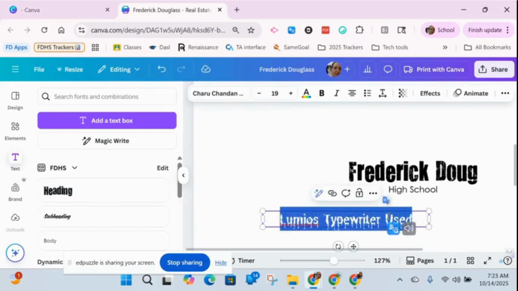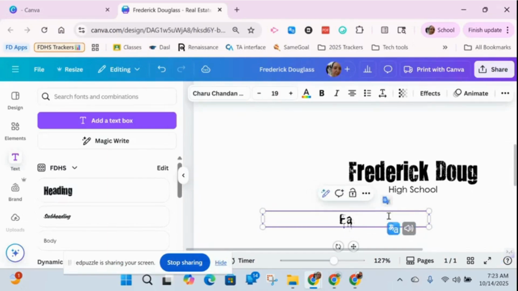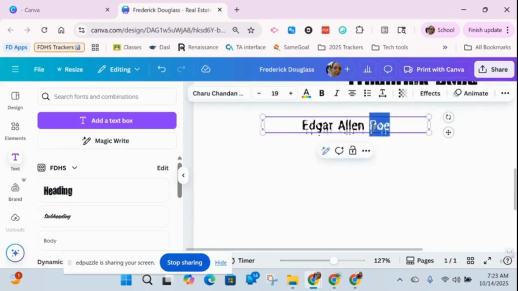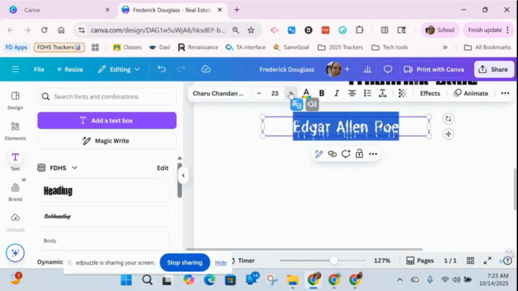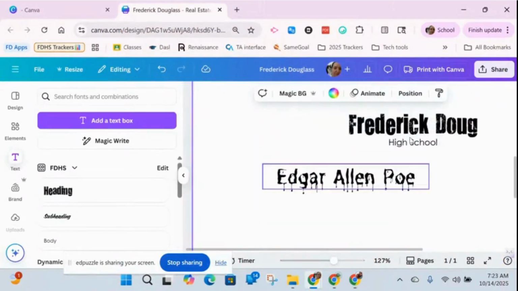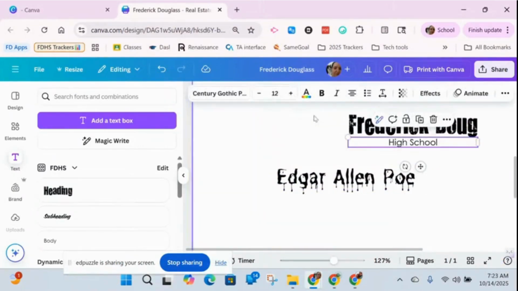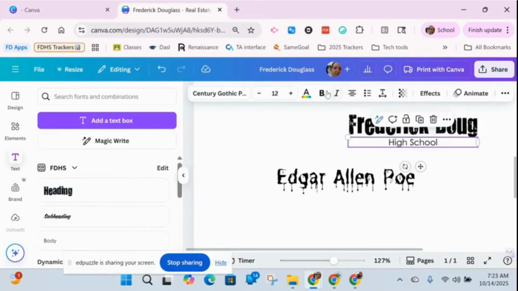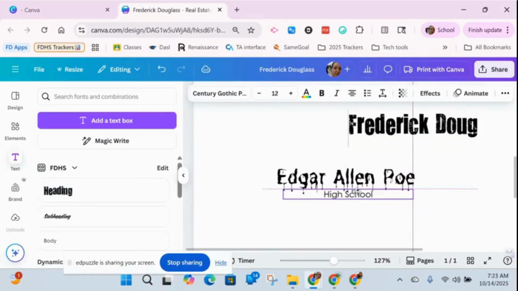I would probably use this for something like Edgar Allan Poe. I can't spell today. Right? That'd be what I would be teaching this time of year for sure. Maybe a little Stephen King thrown in, but we've got the creepy font. Love the creepy font. And I would probably pair that with something very similar to Century Gothic, but maybe since it's old timey, I might go for